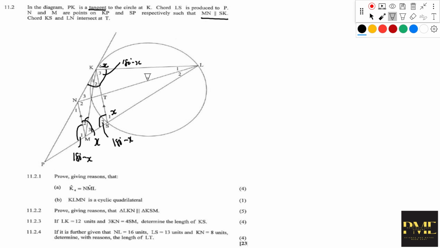I guess yobona ukuthi imibuzo isiphatheleni, okay? So sobuka ke 11.2.1, okay? Prove giving reasons, okay? So sibuku A qala. So prove giving reasons that K4 is equal to